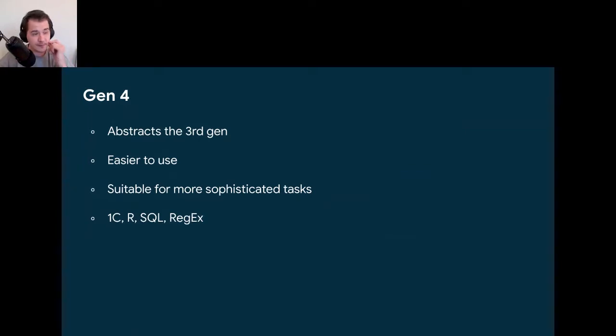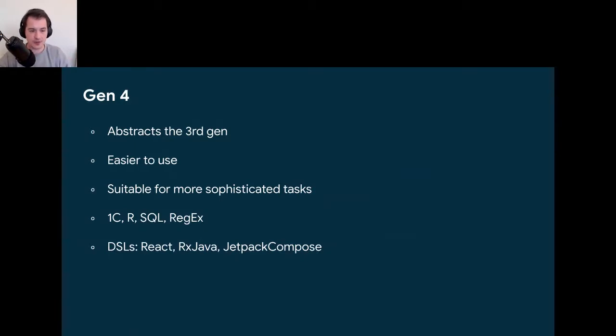The examples of the fourth generation actually might include 1C, which is a very interesting language, right? You probably know about it. We have also R or SQL, or even regex, which is also a declarative language, and actually fourth generation. The interesting part is, apart from R and 1C, SQL and regex and all other DSLs like React, RxJava, or Jetpack Compose are not really full Turing complete languages, right? So they are DSLs. They are extensions on particular languages, or they're very domain specific.